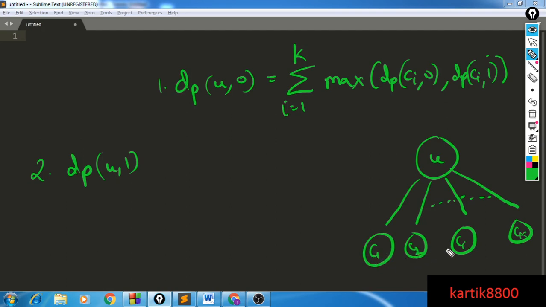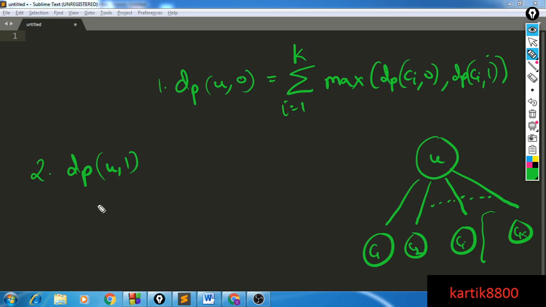Similarly for c2 and so on till ci minus 1. Similarly, since I'm selecting the edge u to ci, for the nodes on the right hand side, that is ci plus 1 till ck, I can take the maximum possible size of matching for those subtrees also, right? And they will be totally independent because none of the edges that has one of the root nodes of that subtree has been selected yet.